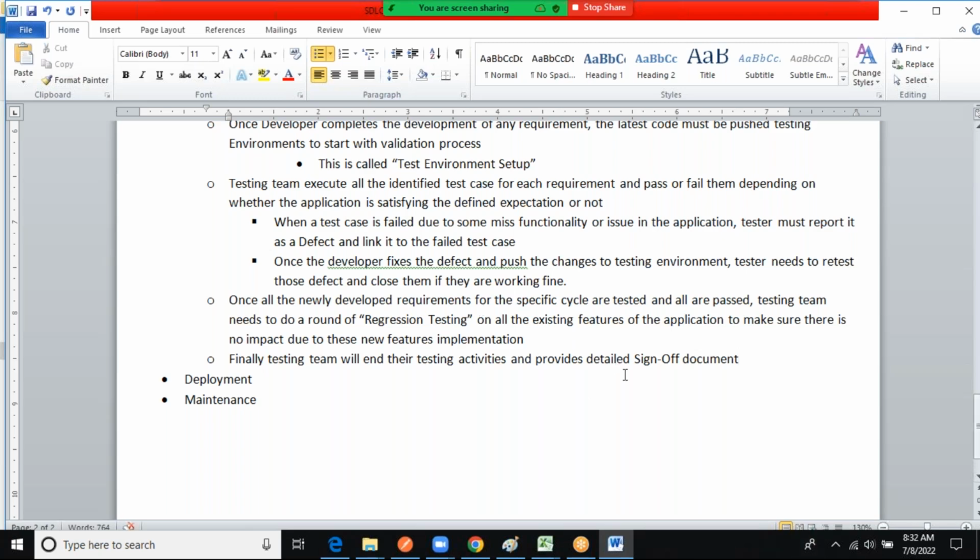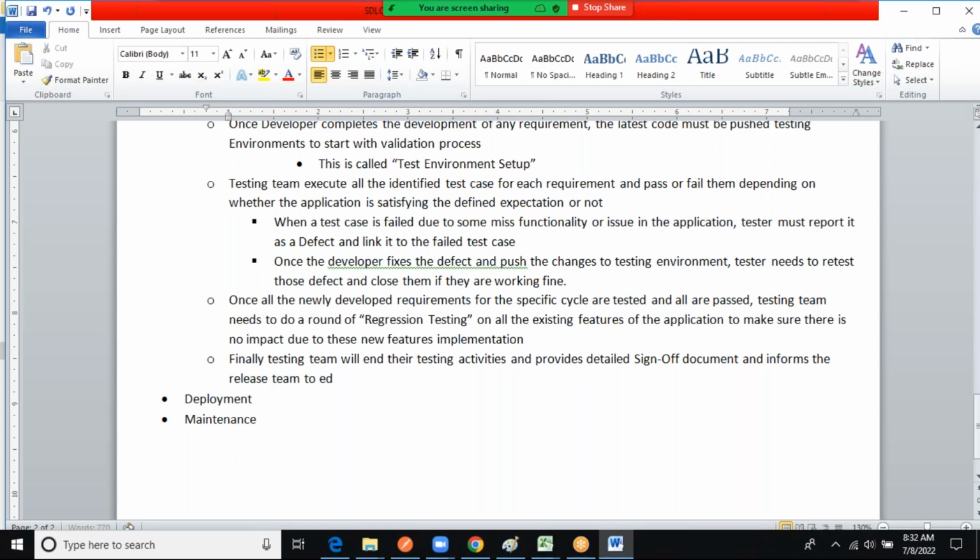I mentioned what is there in the sign off document. So they provide the detailed sign off document and inform the release team